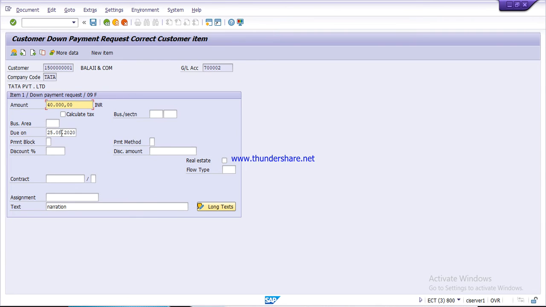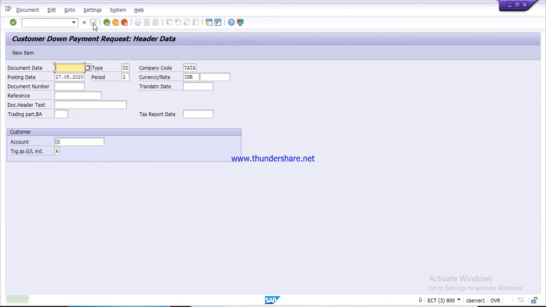Due date is 25th May 2020. Like this you can create, then click on post. Continue. Now you can see document was posted in company code Tata.